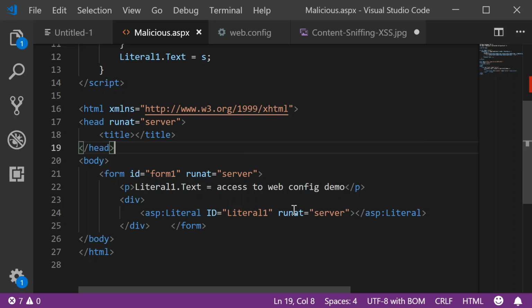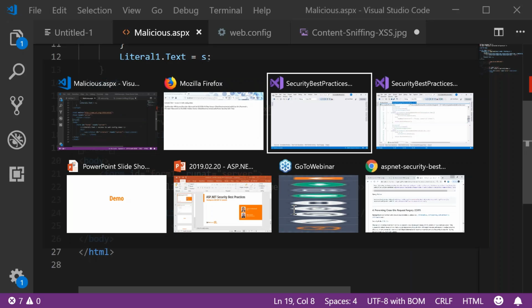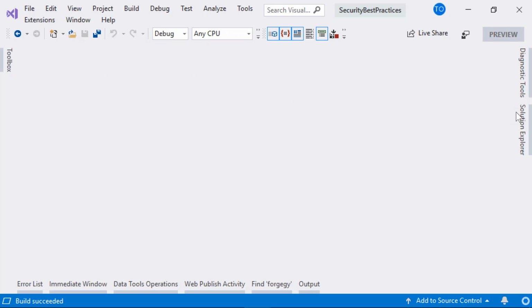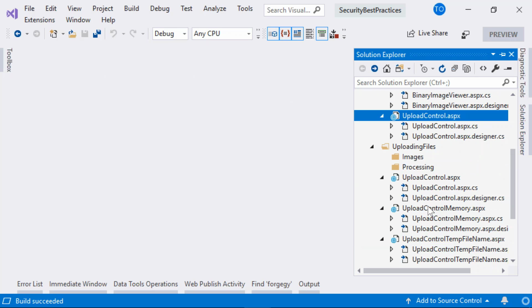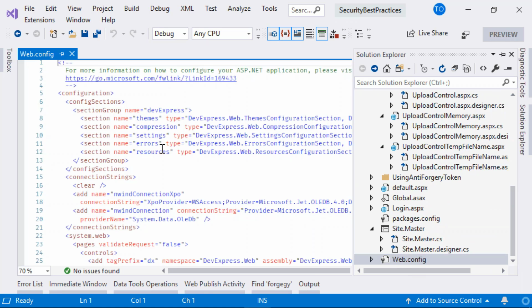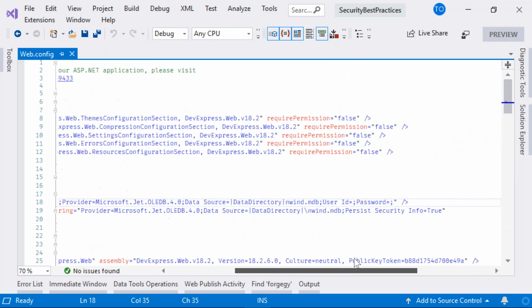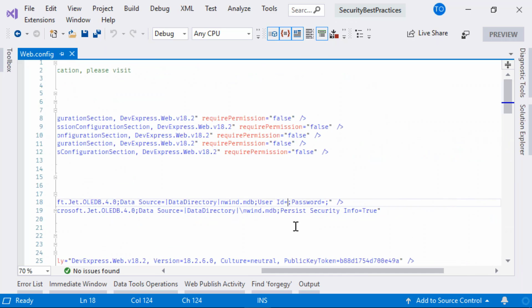Now, to show you that that's actually a live example, make sure I'm in the right project, and I'm going to come to my web config, and where we had no username and password, I'm going to put Julian and a password of,